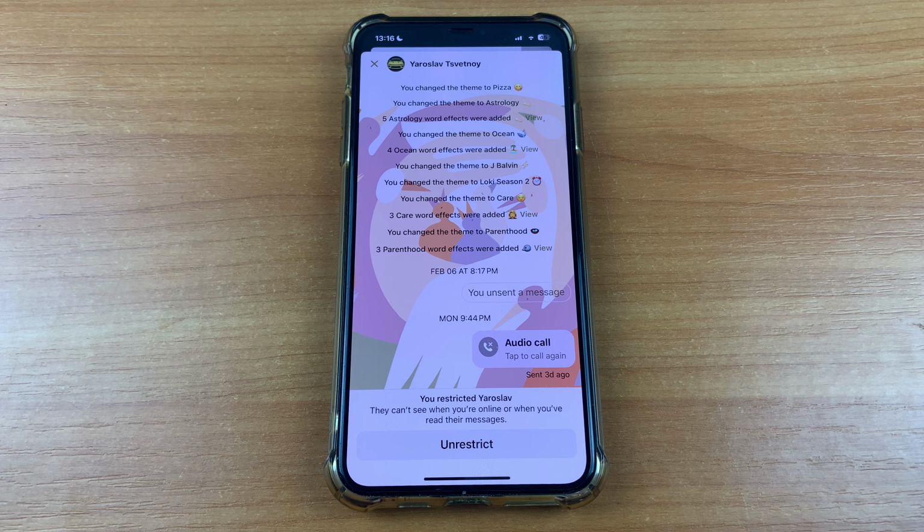And let's get started. So first we need to go to Messenger. After that you can click on chats and let's try to restrict. Click on name of our friend and after that scroll down and click restrict. Confirm. And now we need to go back